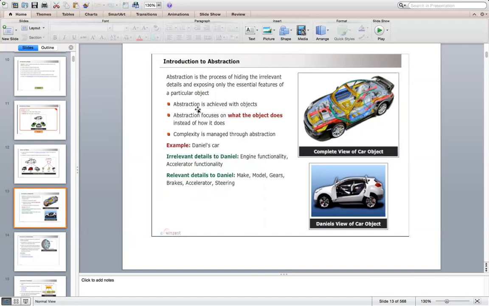As it was given here, abstraction is the process of hiding the irrelevant details and exposing only the essential features of a particular object or class, because object and class are interrelated. An object is an instance of a class, and n number of objects can be created from a class. In order to have an object, you have to define a class, and from that class you can instantiate objects, right? All these principles will be applicable to classes and objects in OOP. So abstraction is the process of hiding the background details and exposing the